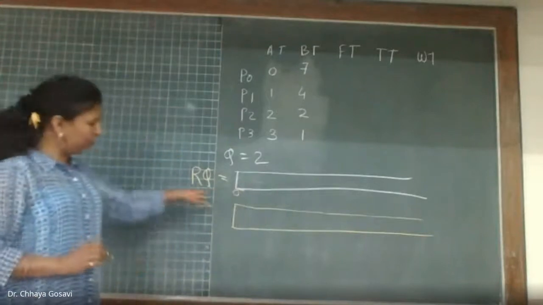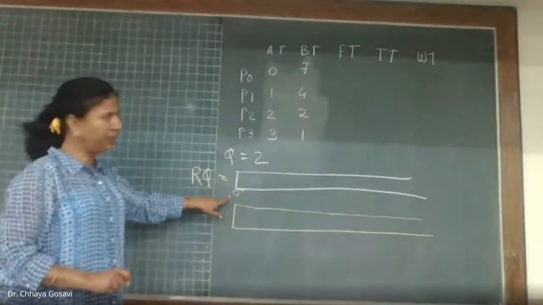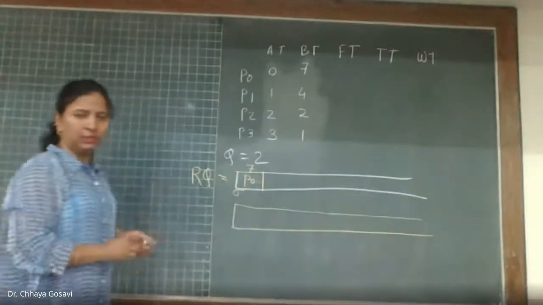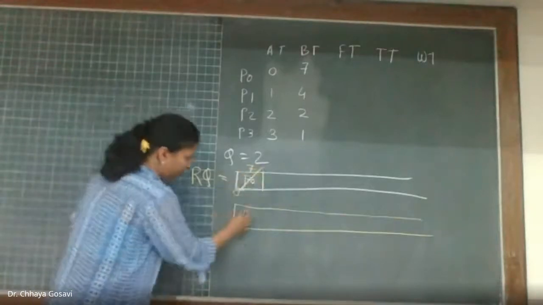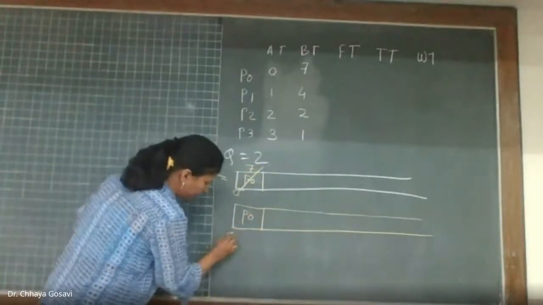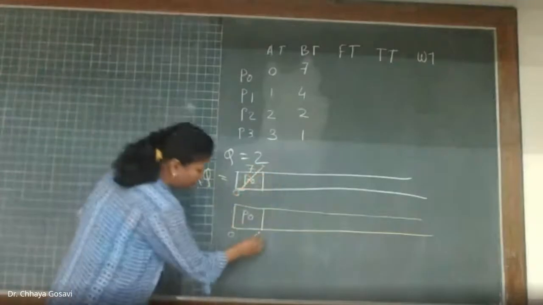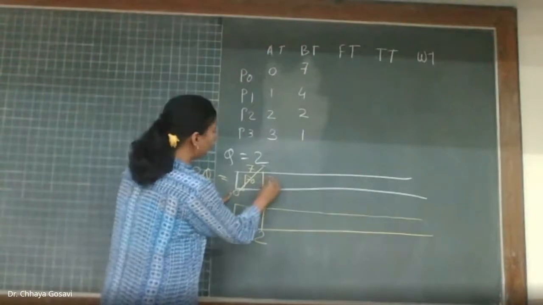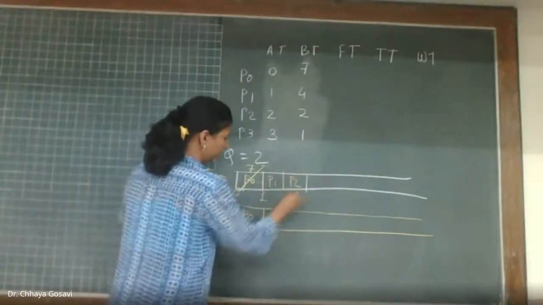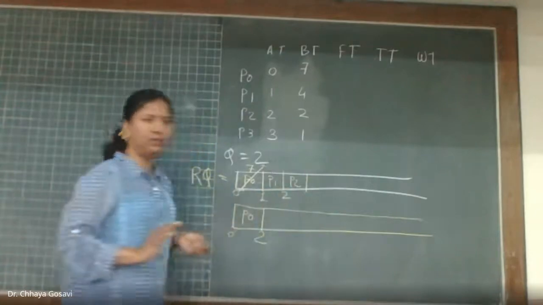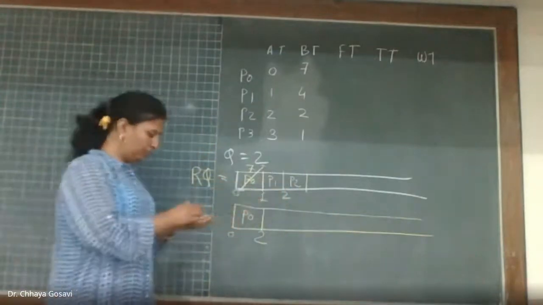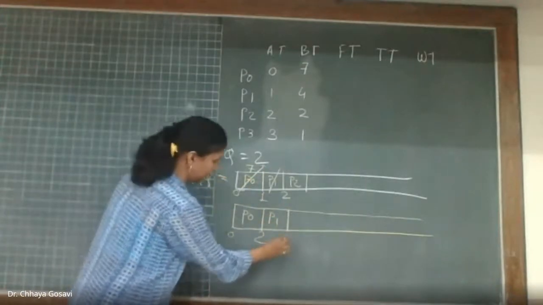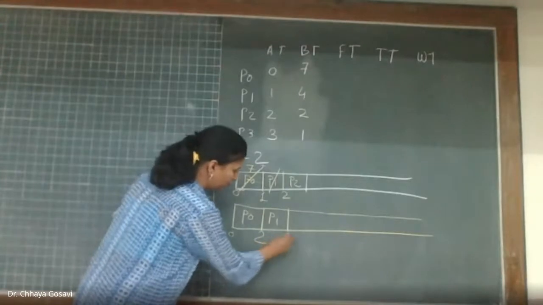So now at the 0th instance, or at 0 time unit, we just have one process P0 with burst time 7. So the scheduler will schedule this process to CPU for how much time? Quantum is 2. So for 2 cycles. Now by 2, at 1 P1 arrived and then P2 arrived. So there are 2 processes in the queue now, P1 and P2. So P1 will be scheduled for the next 2 cycles, that is up to 4.